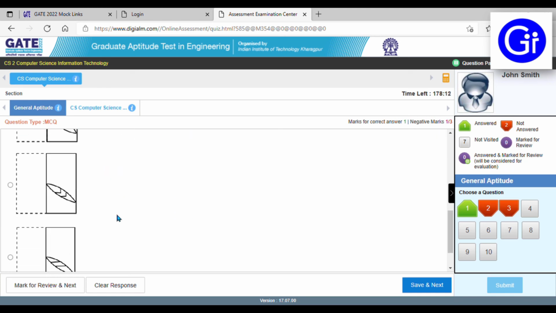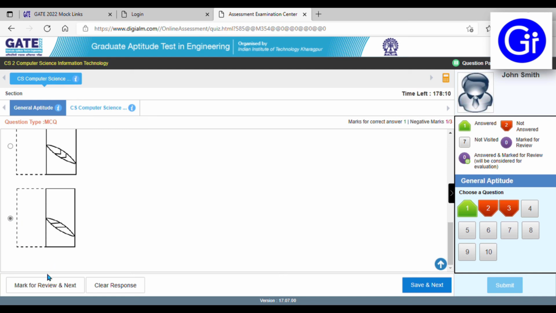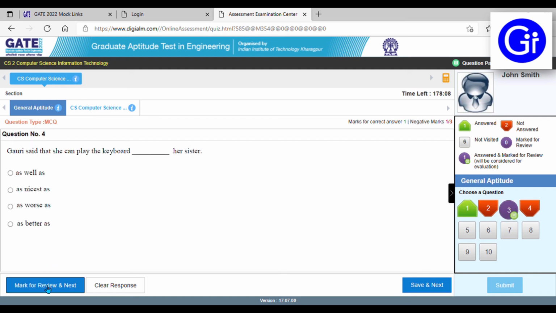If I answer this question and mark it for review and go next, then it will become purple. The color on the bottom of it is green, because I marked it purple but I had given the answer as well. I marked the answer, but I don't know whether the answer is correct or not, or I just want to give it a second thought. That's why I marked it for review.